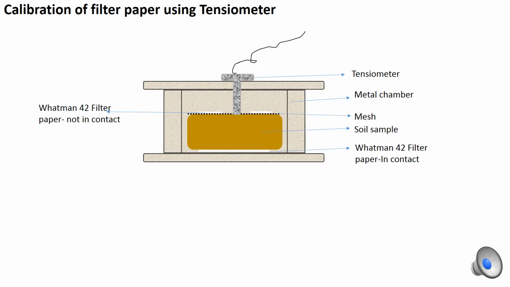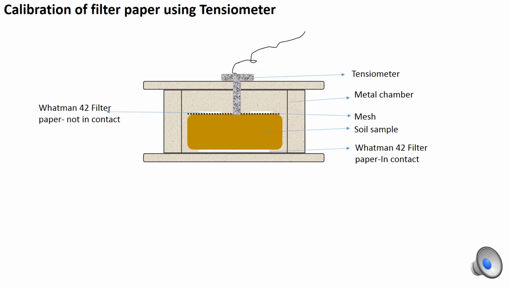to maintain it in contact with the sample and in order to calibrate against the matrix suction, while a filter paper placed on the top which is separated by a mesh is used to calibrate the not in contact filter paper. Tensiometer has been used as a calibration device for the matrix suction which is placed in contact from the top on the sample. The data has been recorded for matrix suction until it reached equilibrium for the tensiometer values,